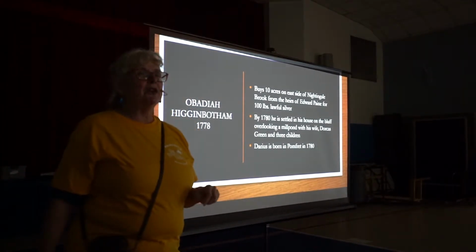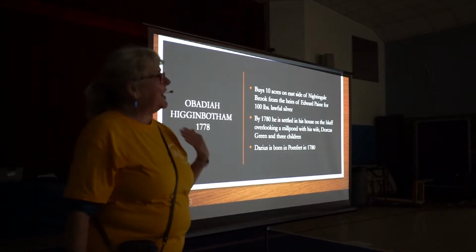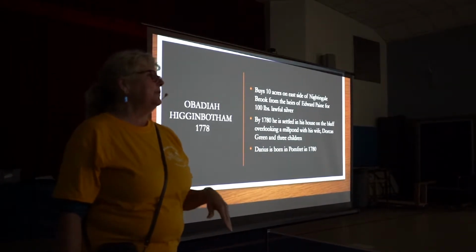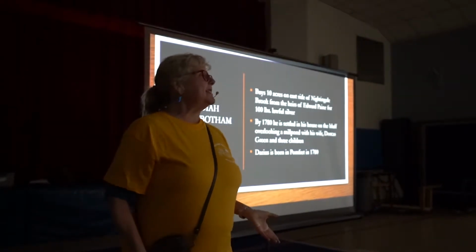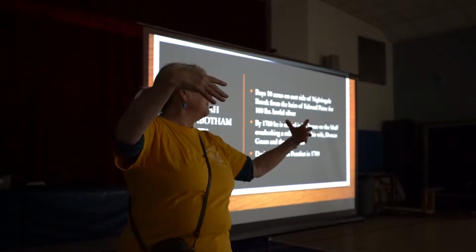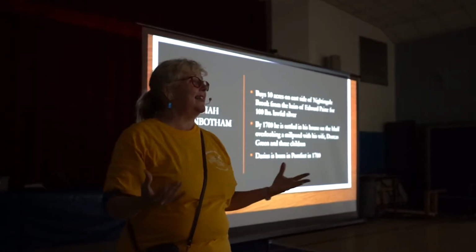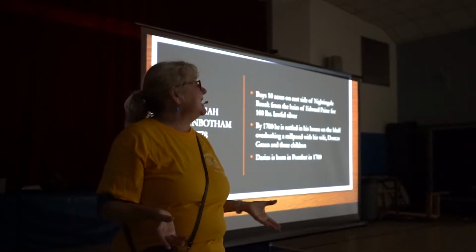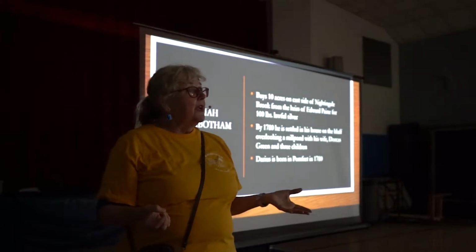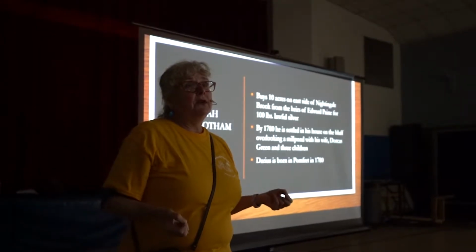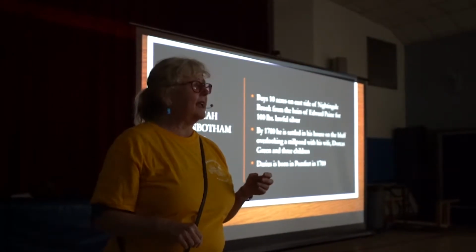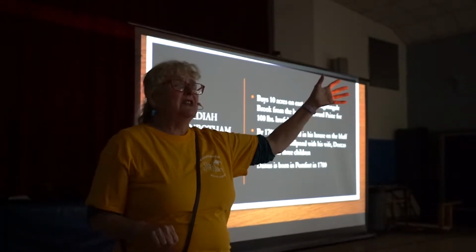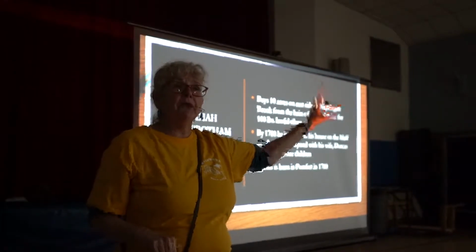Dorcas, his wife, her last name is Green. She comes from Rhode Island. The Green family is somehow interconnected with Jonathan Randall. Obadiah didn't just come out of space and plop down here. These are people that are well connected, even though Obadiah is not wealthy. He is someone who's pretty much a laborer. He's a millwright and a carpenter, whereas Jonathan Randall is very wealthy, but they both come from Cranston.